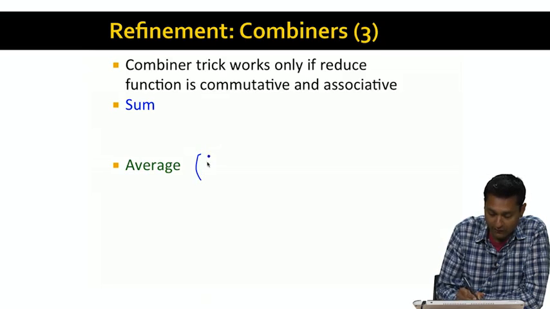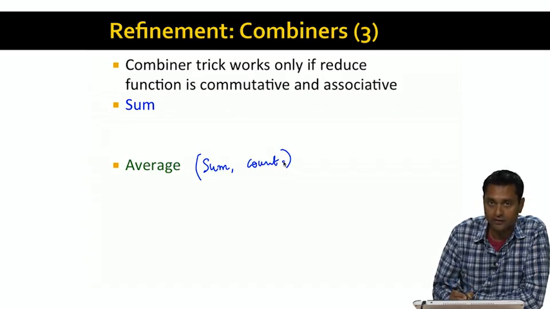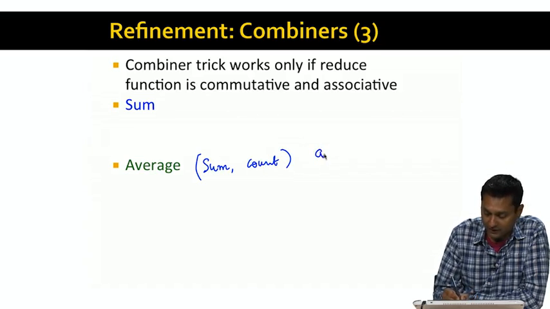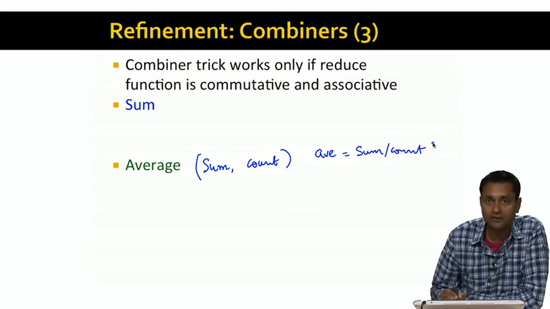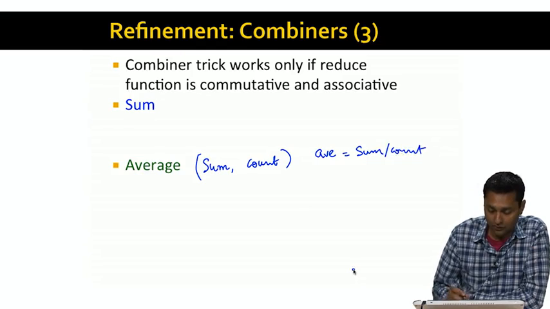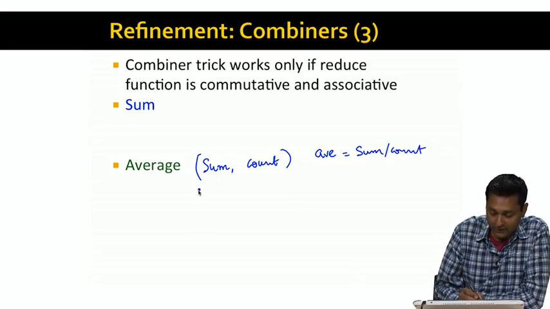Instead of using average as your reduce function, if the reduce function instead outputs a pair which consists of sum and count, then the average can be computed in one extra step. It's just the sum divided by the count. So if the combiner, instead of sending the average of all its values,